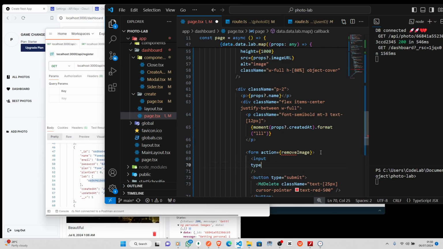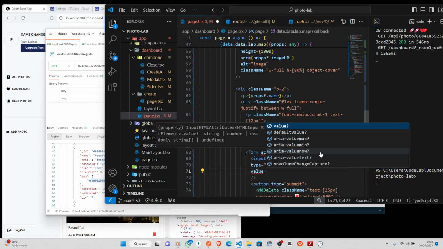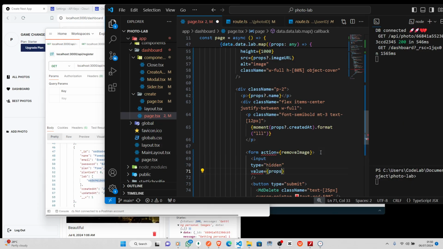So this we will give a type of hidden, so the button will be hidden. Then we give it a value, so the value will be props dot